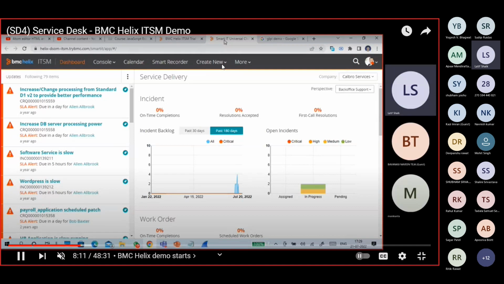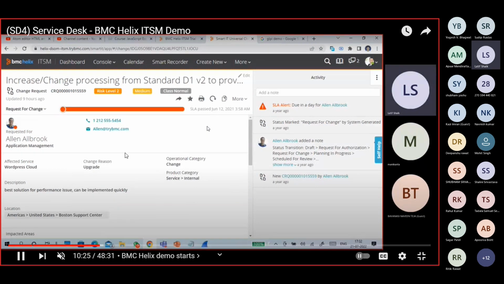We are going to create a new ticket. Here I open an existing ticket, meaning a ticket already generated. It is a change request. You can see the change request and this is the request ID. Risk level 2, medium, class is normal.